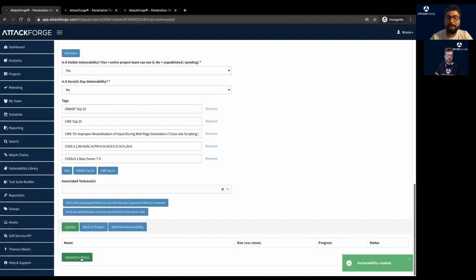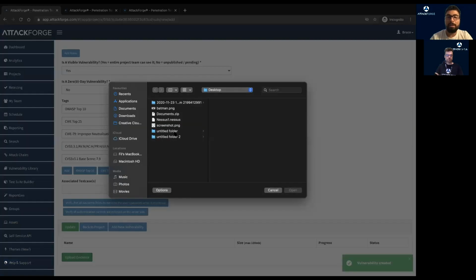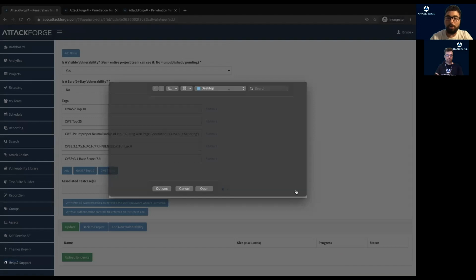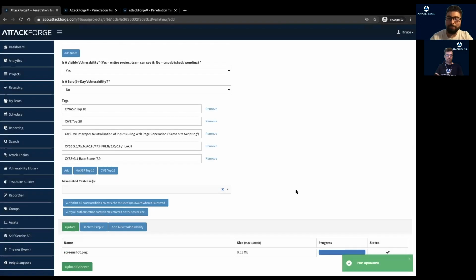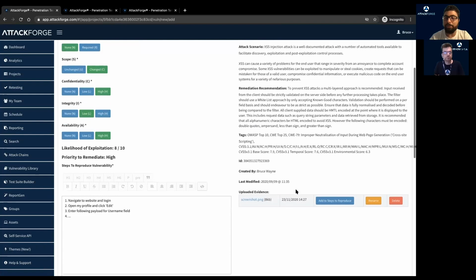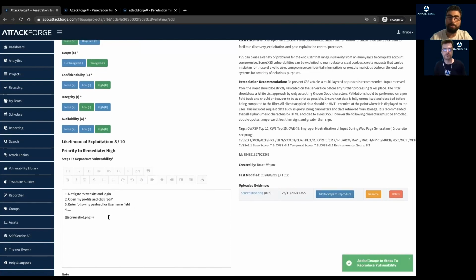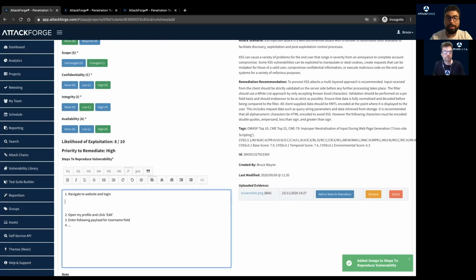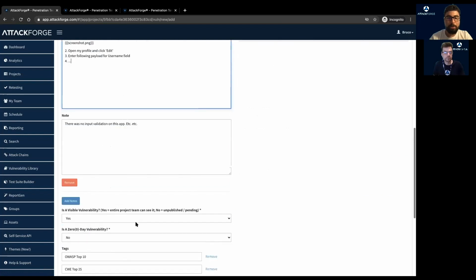And we can now go ahead and upload screenshots or video POCs, any other supporting evidence or artifacts that we want to include as evidence to support this vulnerability. And for all of our screenshots, if we want them to appear in the report in line in a particular order, we can go ahead and do that as well. Let's go ahead and click